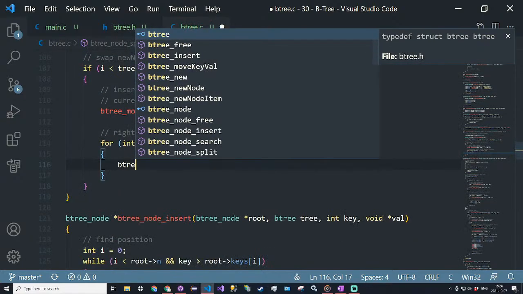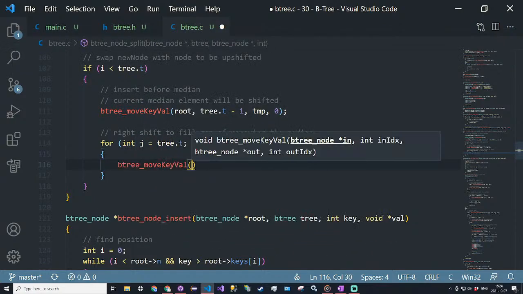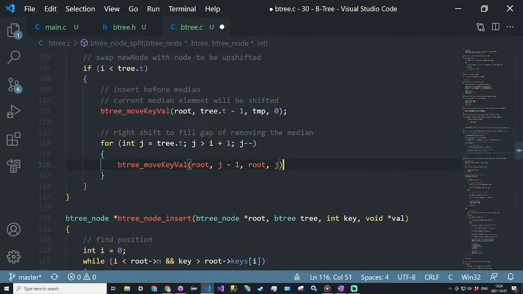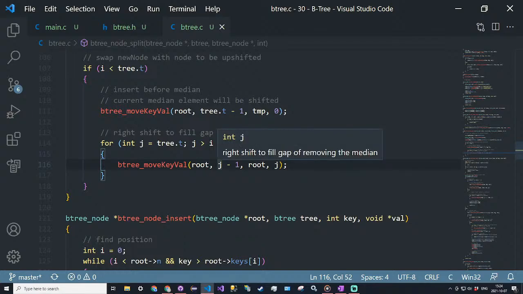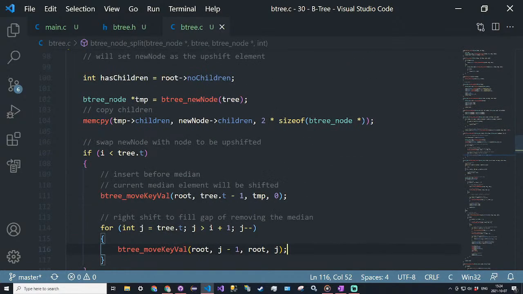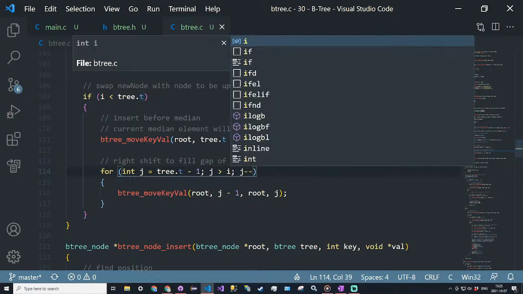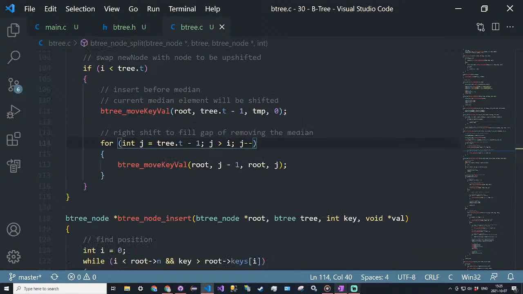And we're going to say btree move key value from root at j minus 1 to root at j. Is this right? This might not be right. Hold on. No, this should be j is equal to tree dot t minus 1, and then j is greater than i. Sorry. Because what we want to do is